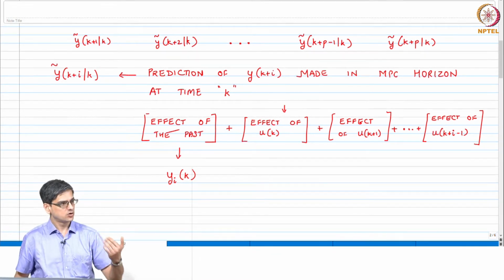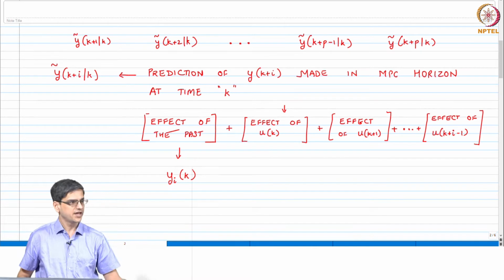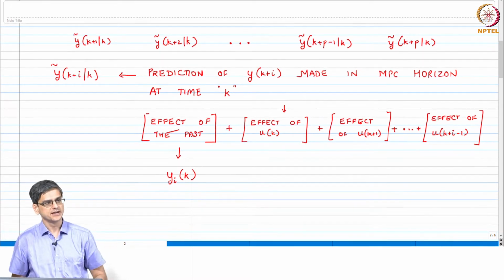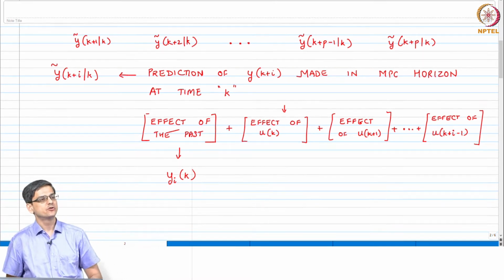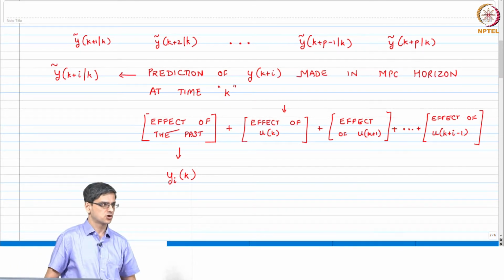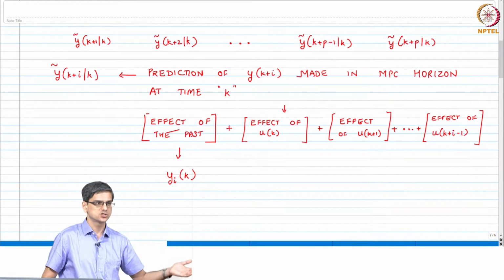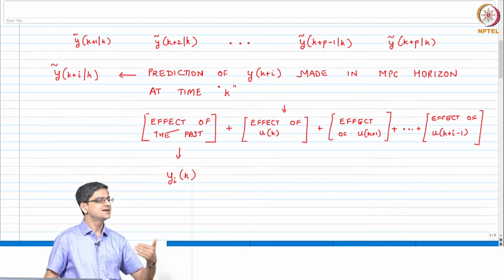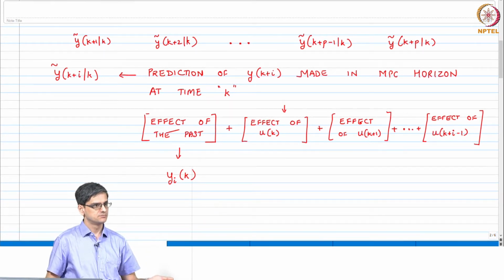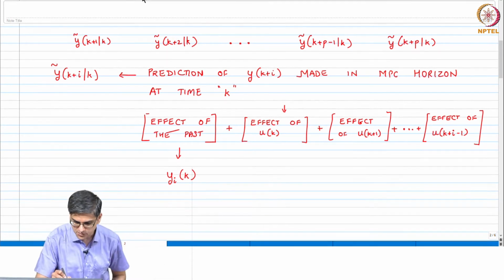Next we need to find out what is the effect of uk on yk plus i. If we are going to use finite step response models, the effect is going to be based on the step response coefficients multiplied by delta u's. So, for step response models,